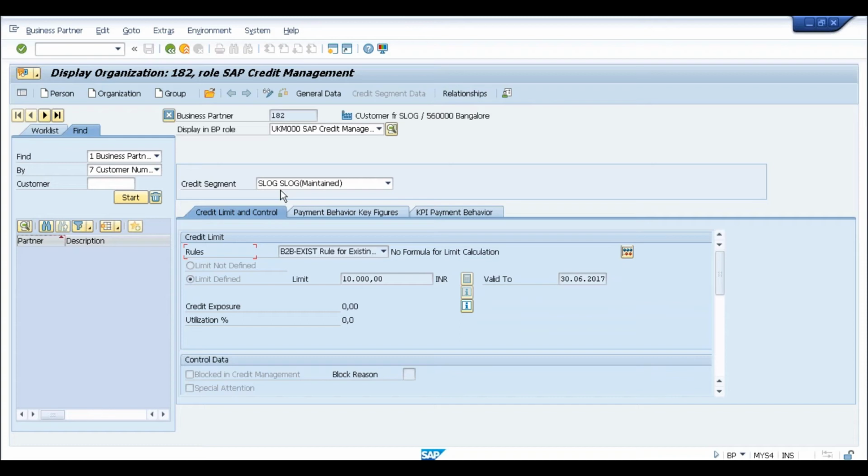Hi Gaurav, this is Vinny. Another question. Previously, credit was done at the company code level. If it is done now at the segment level, can we assign this segment to different company codes still? Yes. A credit segment can be assigned to multiple credit control areas, and one credit control area can be assigned to multiple company codes. So you can have 10 company codes assigned to one credit control area, and that credit control area is assigned to one credit segment. So one credit segment ultimately has 10 company codes assigned to it. All right, okay, thank you.